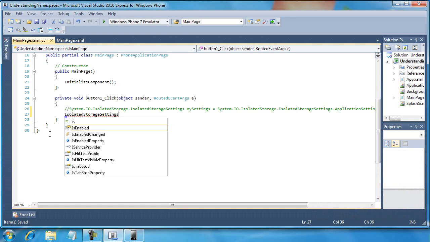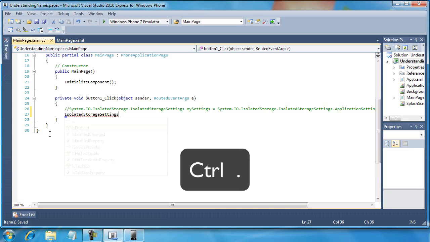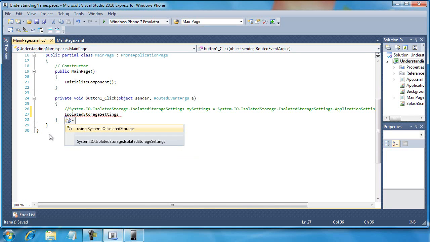So what I'll do now is hold down the Control key on my keyboard and then hit the dot or the period key to open up a special little helper window that will allow me to automatically insert that using system.io.isolated storage namespace into the list of using statements at the very top of my code file. So I'm going to hit the return or the enter key with that little using statement highlighted